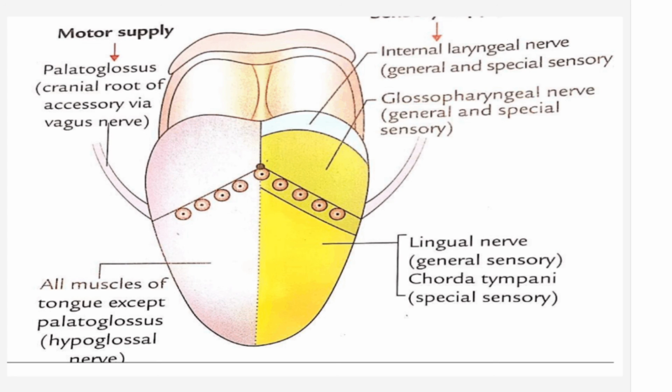The referred pain of cancer of the tongue: patients with cancer often complain of pain in the ear, temporomandibular joint, temporal fossa, and or lower teeth. This is due to referred pain. It is important to note that the pain is frequently referred from one branch of the mandibular nerve to another.